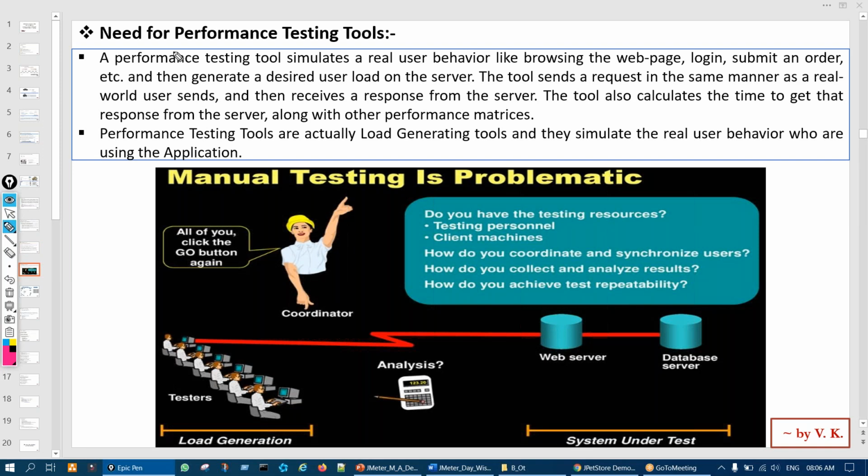Now we'll see what is the need of performance testing tools. Let us say we have to test the performance of an application. Performance means, in very general words, let us say one application is there, for example Flipkart or Swiggy or Amazon.com.